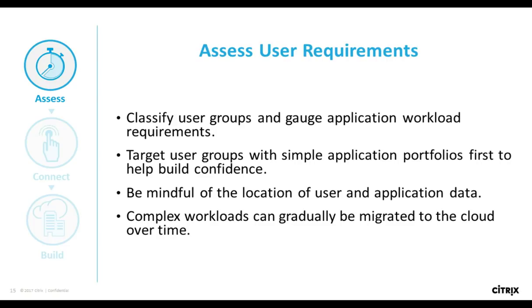Typically, we recommend really looking at users where the application portfolio facilitates a hybrid model. You're going to be at a point in time where you're going to have applications with back-end data that are going to have to exist on-premise for a time period, but are there any task-based applications, if you're hosting it with XenApp, or end users on VDI who have maybe applications that are really all locally installed? Think of an HR worker, which is Office, Adobe Reader, some internet browsers, where they would access a few web applications. These are groups that make the most sense, because especially when you start getting into that hybrid atmosphere,